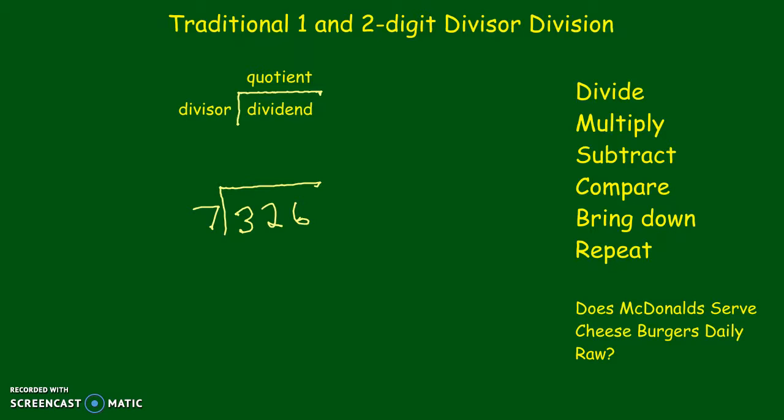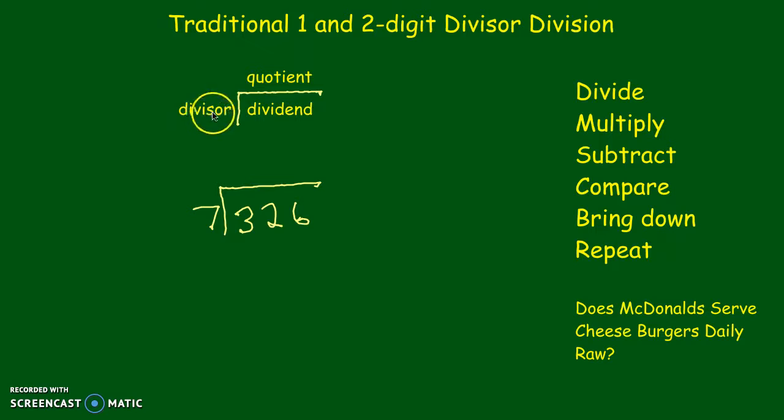To start, let's talk about the different parts of a division problem. Here we have the dividend, which is the total number that we're starting with. It's the number that's being divided into groups. The divisor is how many groups we're going to be dividing it into. And the quotient is the answer, and it's going to tell us how many are in each